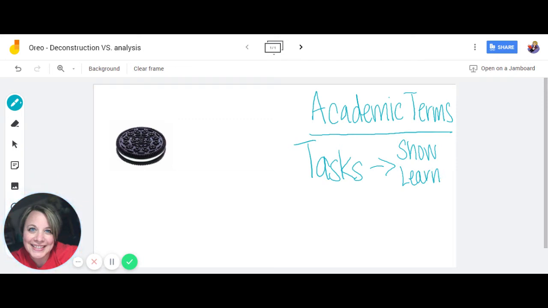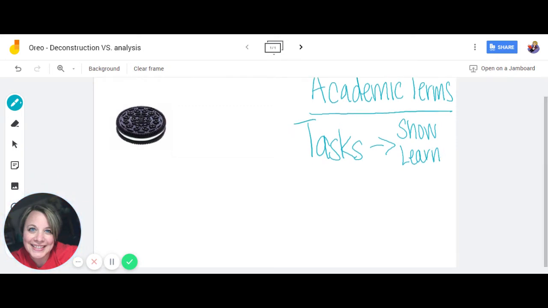Okay? And so what that means is that they're actions. Academic terms, academic vocabulary are things that you do to either show what you know or to learn something